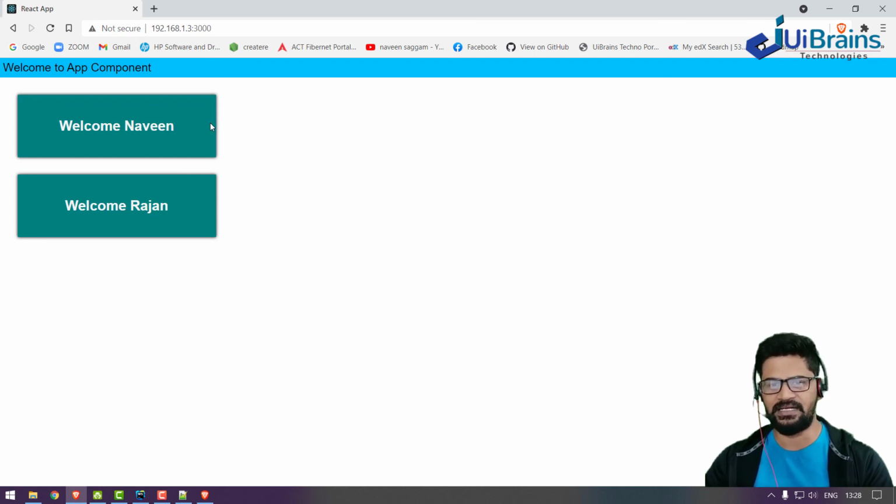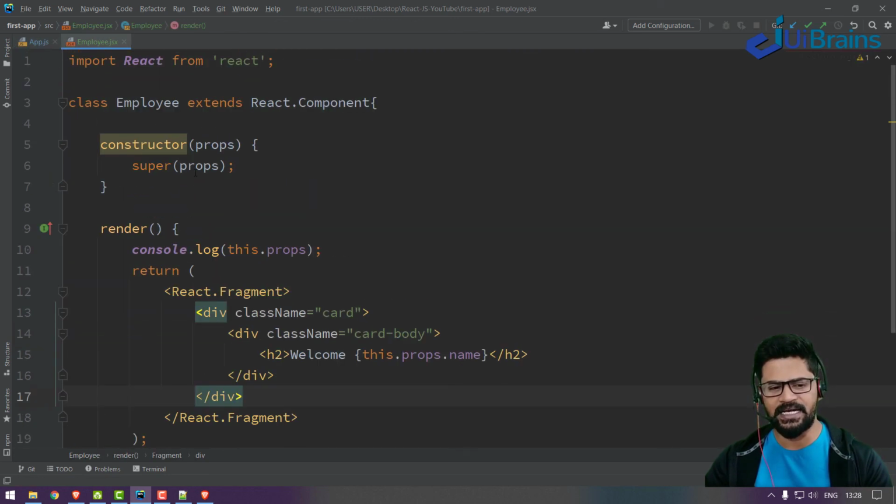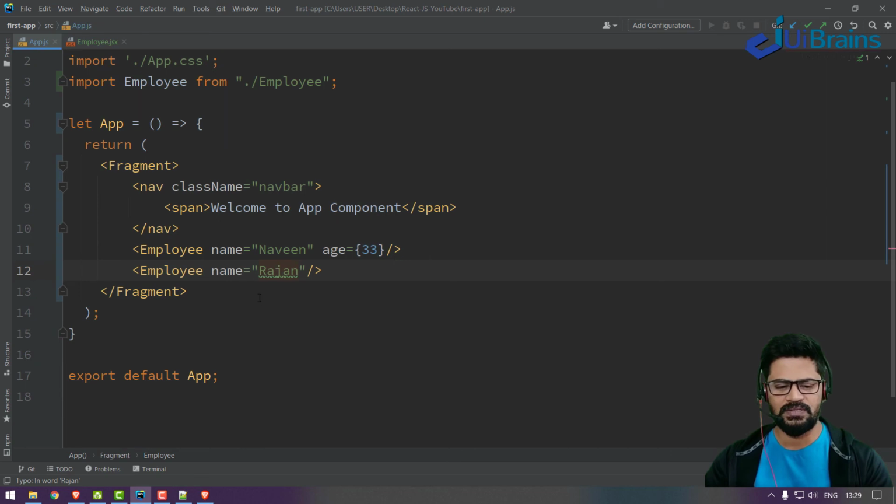Only the data differs. And where does the data come from? Data is coming from outside of the component through props, because this Naveen and Rajan do not reside inside this component. It's coming from someone else. Someone else is providing it, so through props it can be received.